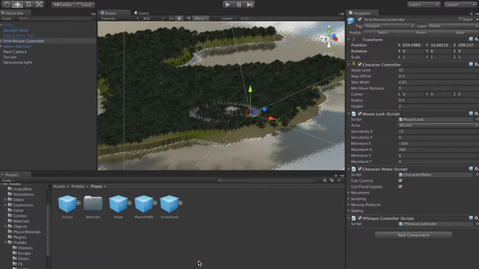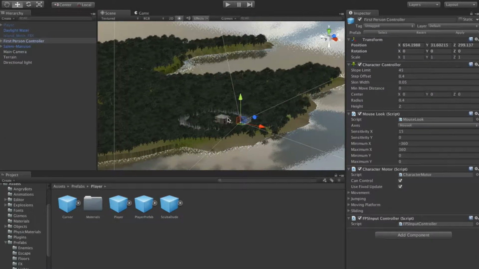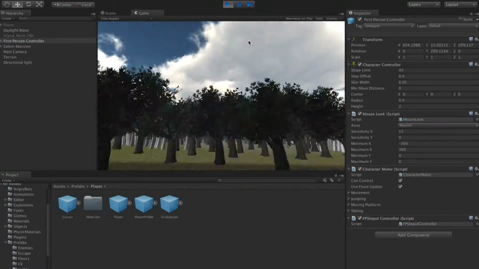Okay guys, I'm going to show you what we'll end up creating later on. Basically, I've got myself a little island. I've downloaded some 3D assets from Google's 3D Warehouse, and you can get those from any 3D websites out there. We've made this terrain and I've populated it with trees and a little mansion in the middle. And I'm just going to hit the play button so we can actually play it, and I'll get dropped into